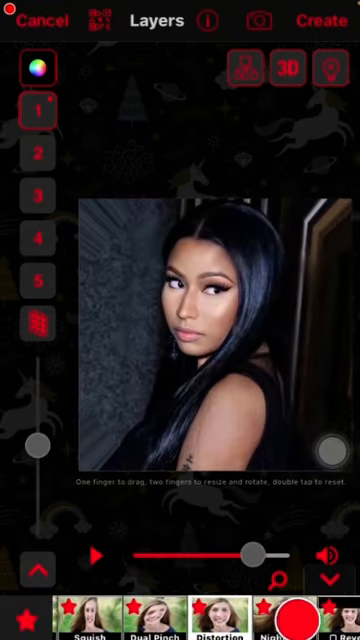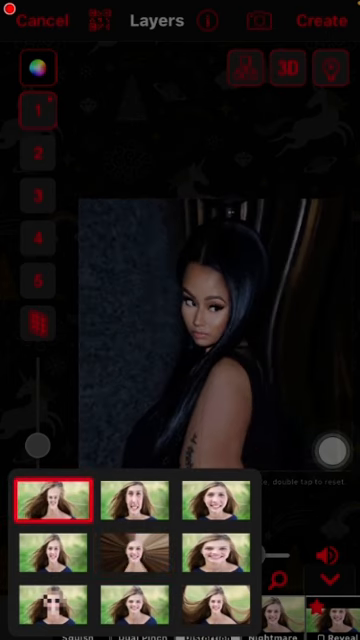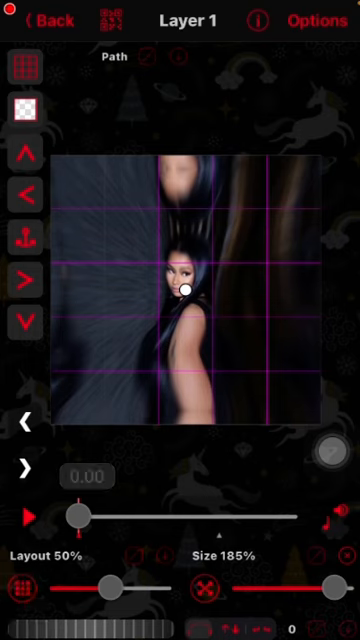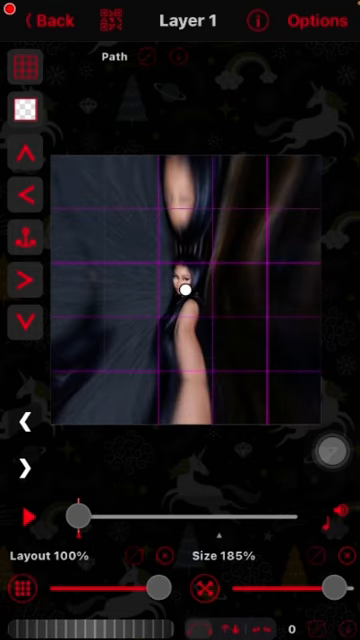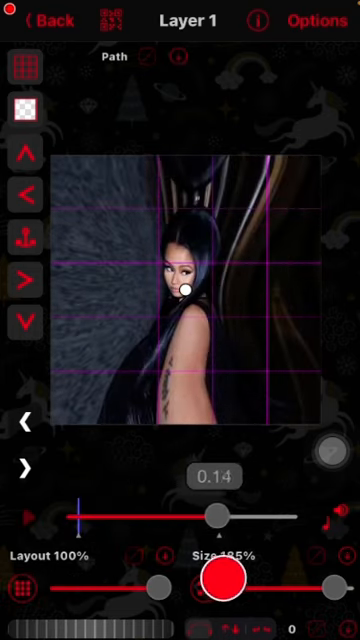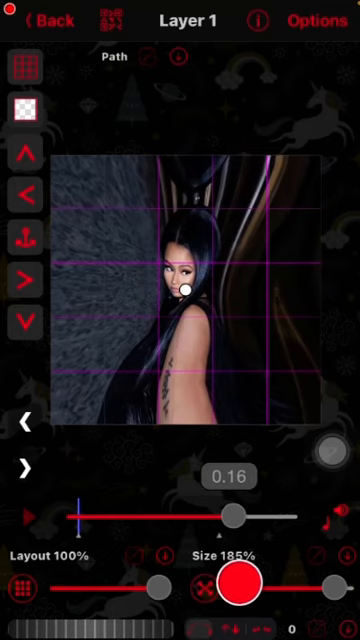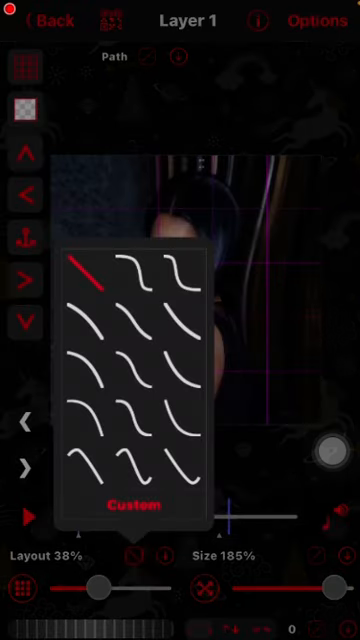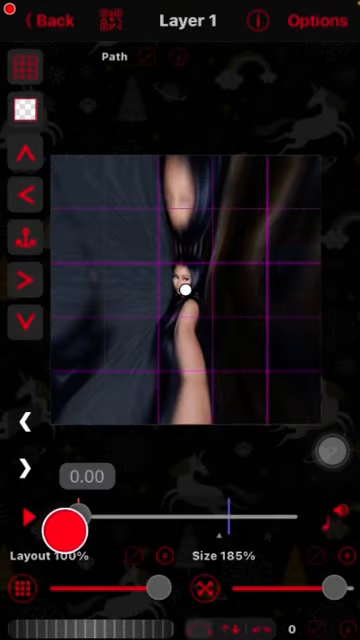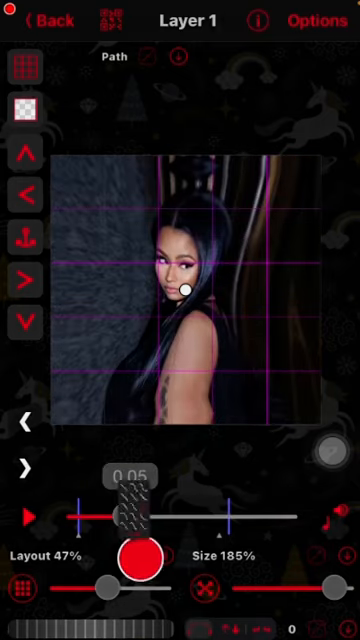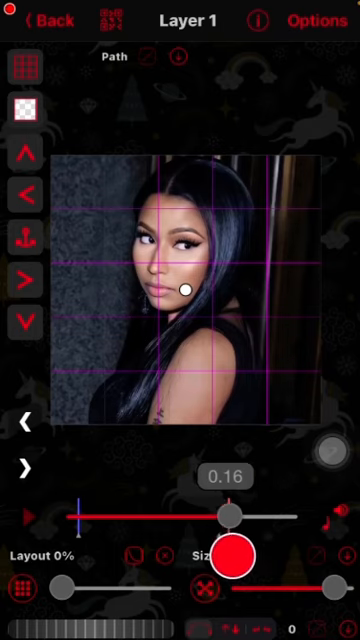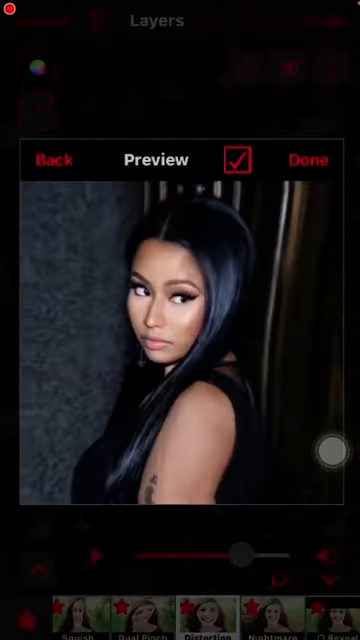Then you want to click layout, click distortion, click the first option, click number 1, put the layout to 100 at the first part of the clip, then go to 0.16, put the layout at 0, click this graph or this one. Depends on which one you think is best. So then you want to click create,